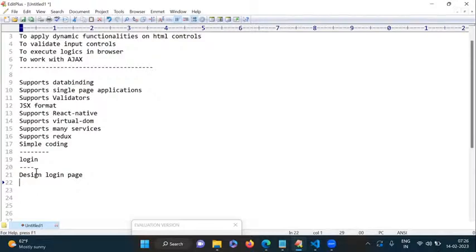Okay, first design the login page. Next, implement client side validations. Next one, implement server side. First of all, before that, send